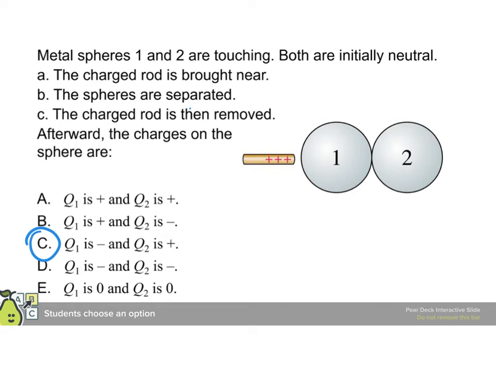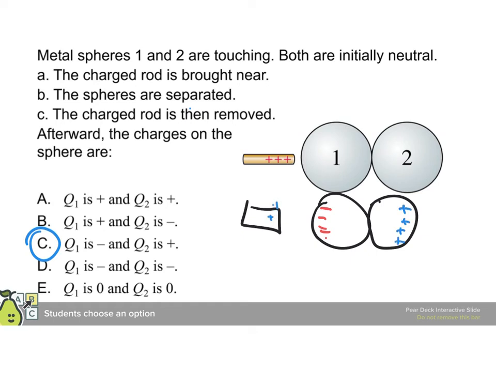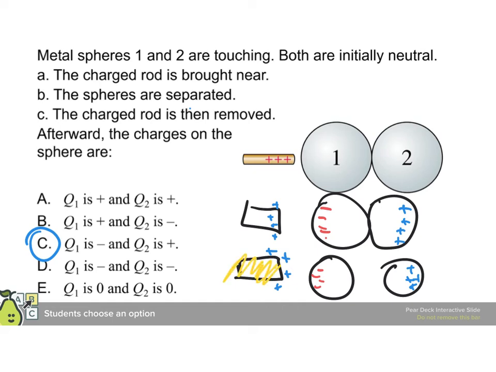You might cry foul and say, how could that be? But it goes back to what we had just said about the charges. When we bring the charge in, and here's the rod, then we attract some negatives, which leaves behind some positives. And remember, we have some positives here as well. We then separate the spheres, but we have kept the rod there. So there's still these positives, which means the negatives were still attracted over, and the positives were still over here. And then we remove the rod, and we can see that we have negatives over here and